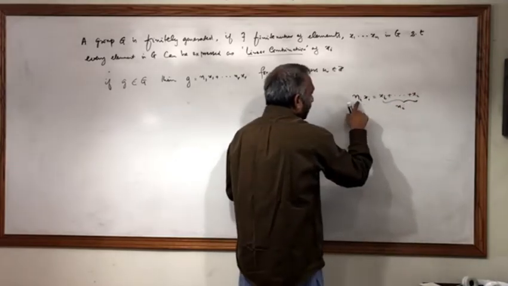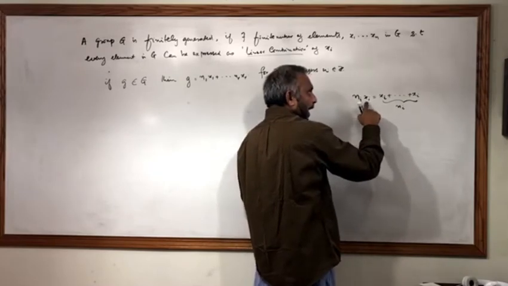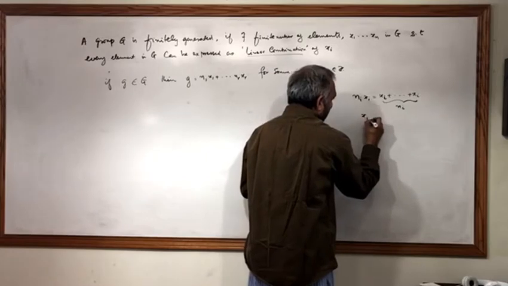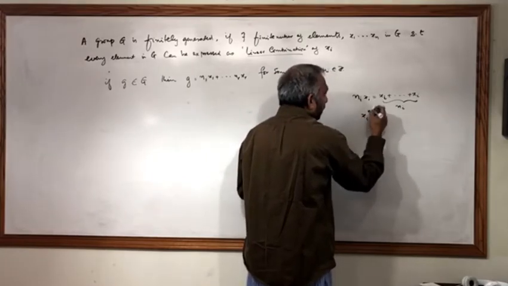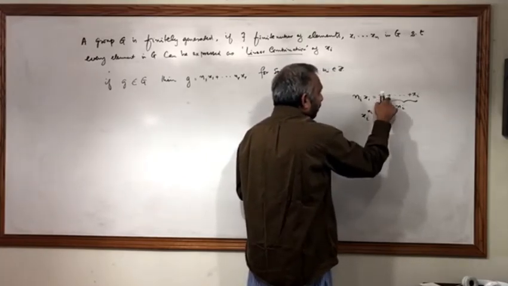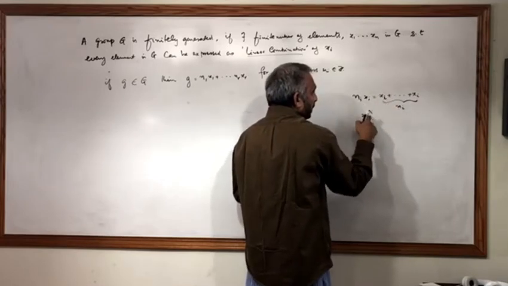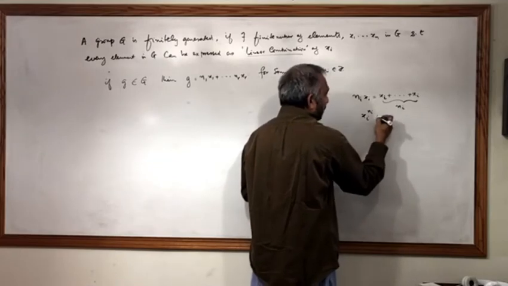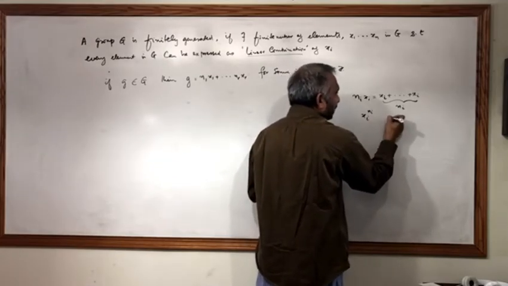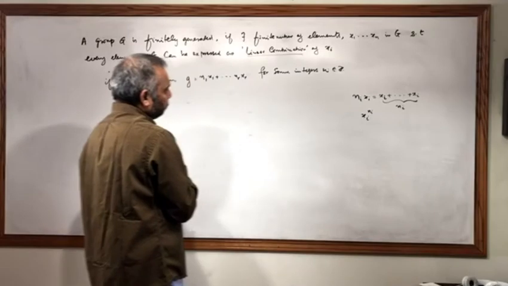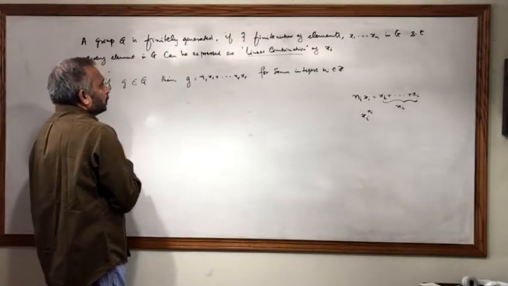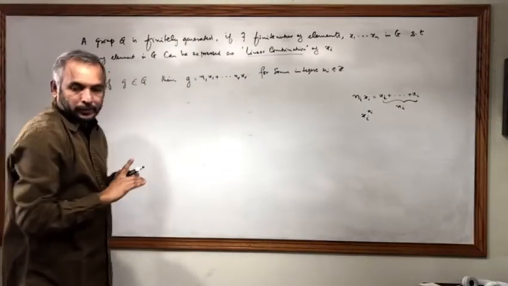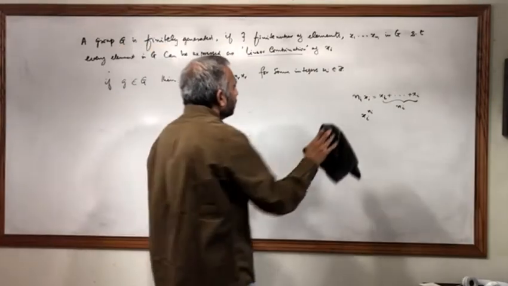This is not a multiplication of ni with xi. You can also write it as xi to the power of ni if the binary operation is a multiplication, or binary operation is denoted by a multiplication sign. So this is what I meant by linear combination. Okay? So this is the definition of